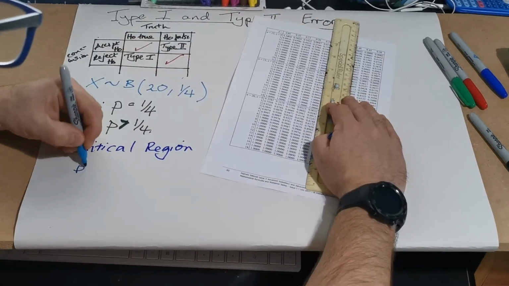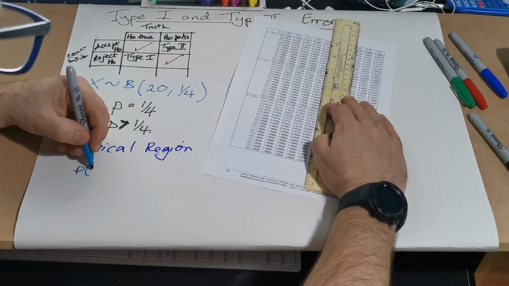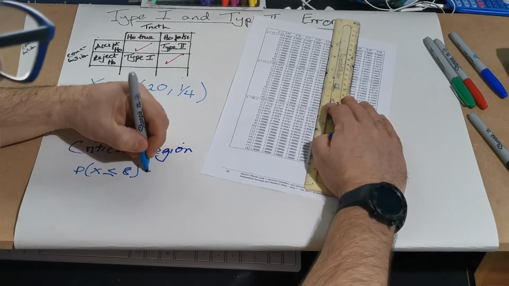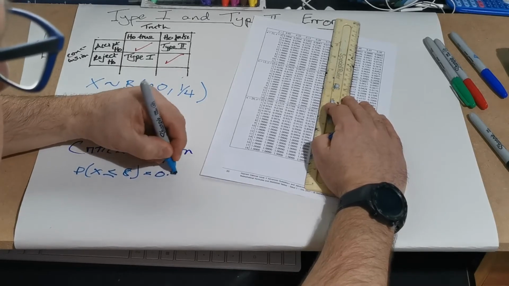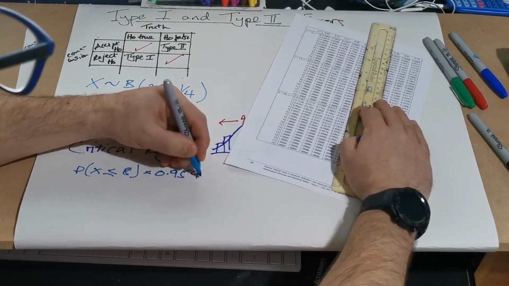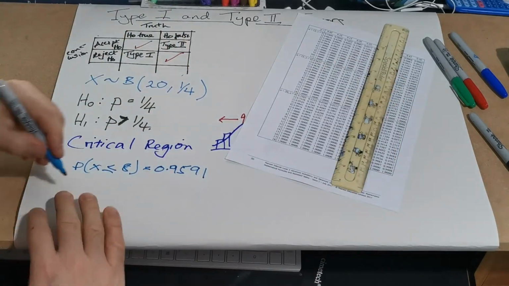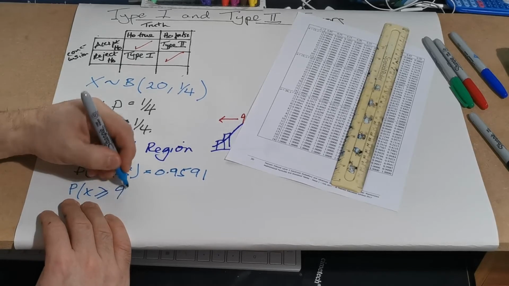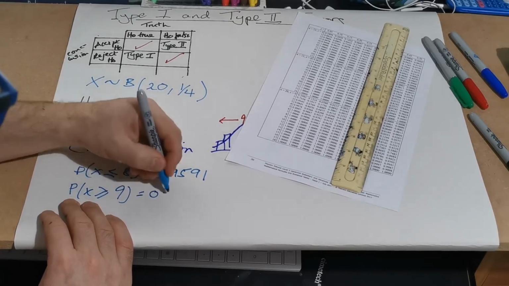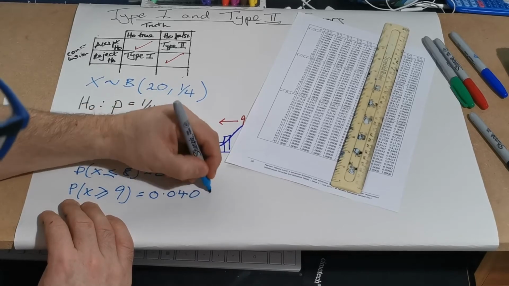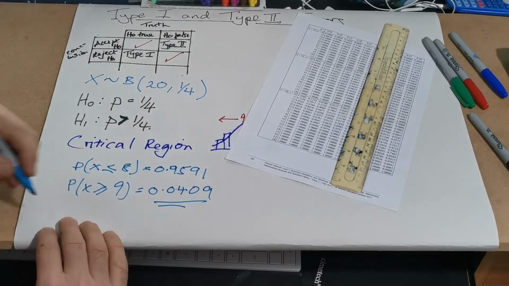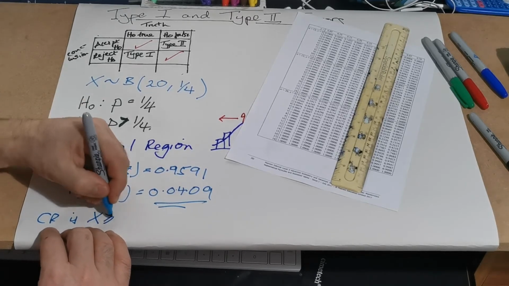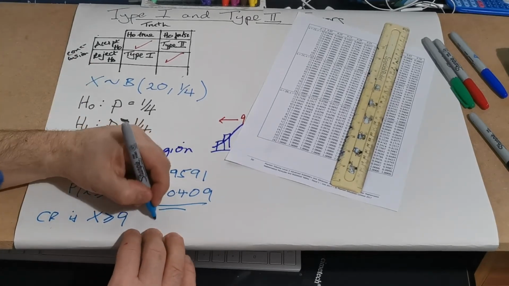So the probability that X is less than or equal to 8 is equal to 0.9591. So the probability that X is greater than or equal to 9 is 0.0409. So the critical region is X is greater than or equal to 9, and the probability of a type 1 error